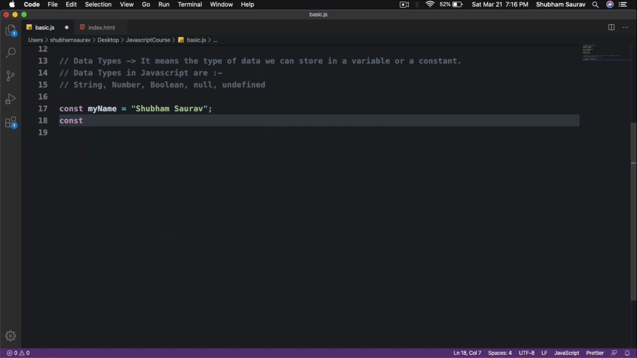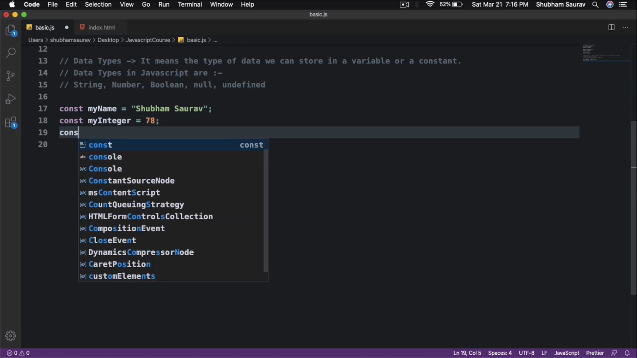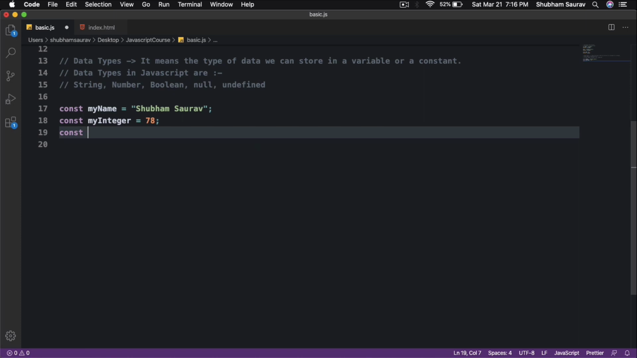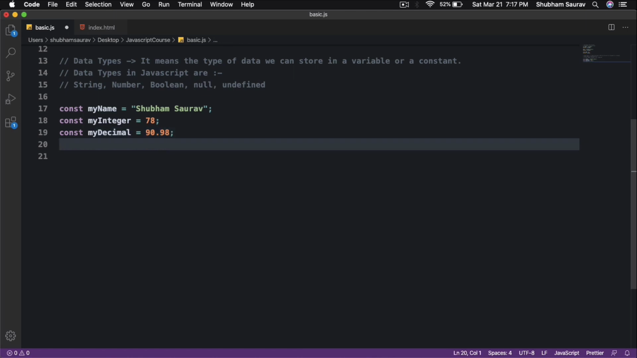and in the next line I will create a number, and inside of a number variable or a constant we can store almost any decimal value or an integer value. So myInteger is equal to 78, and I will end this line with a semicolon, and I will store one decimal point value. So myDecimal is equal to 90.98. Let me put a dot here, and then I will end this statement with a semicolon,